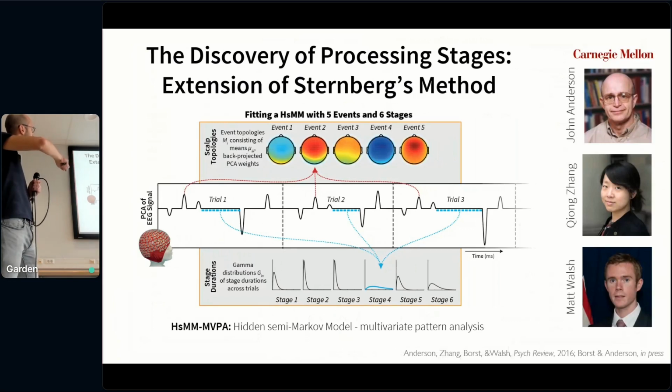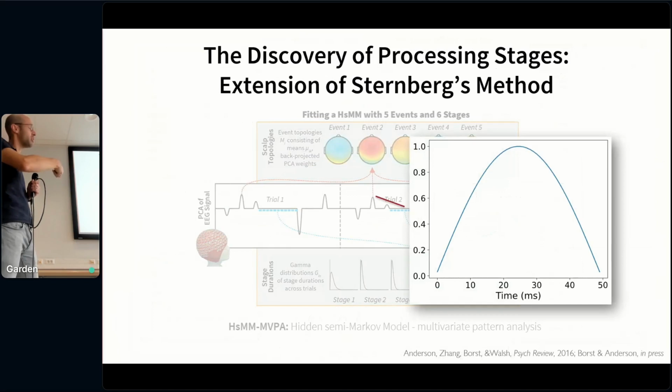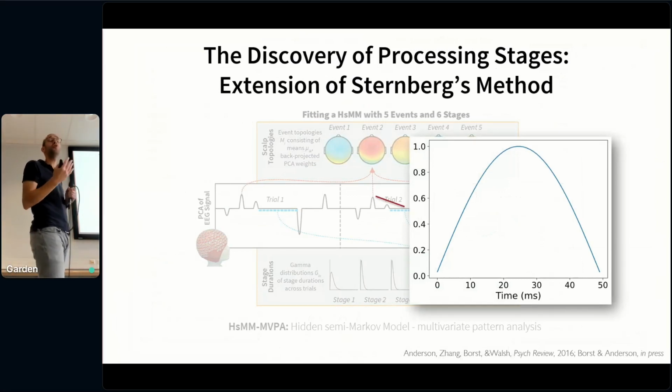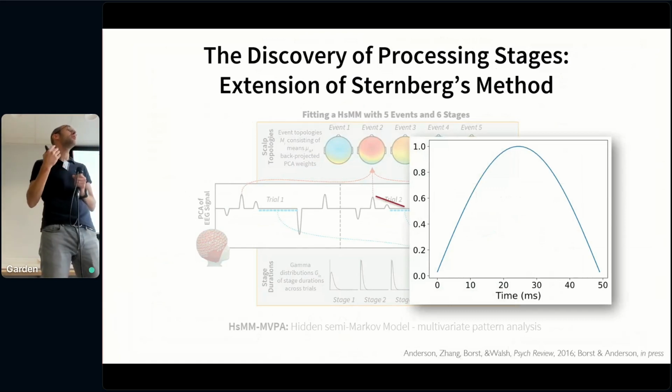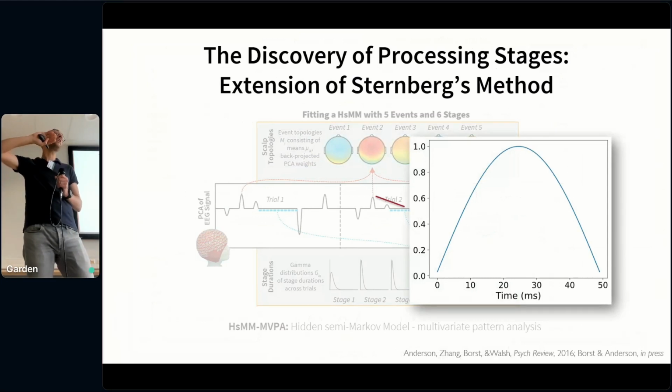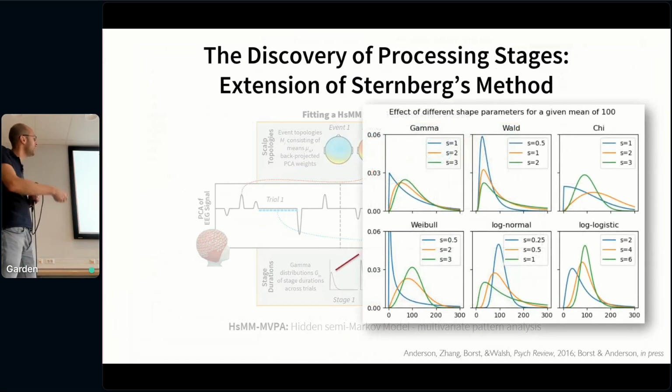So originally what we did was we modeled those events as half sine waves of about 50 milliseconds. And that works well. And in the new toolbox, you can just use your own template. And that is nice because you might not believe in 50 millisecond events. Maybe you have a much more specific hypothesis, or maybe you want to do something else than EEG. So maybe you want to look at EMG, where you would expect a different pattern, and you can now find different patterns. Also, here we use gamma distributions with a shape of 2, and now we can use